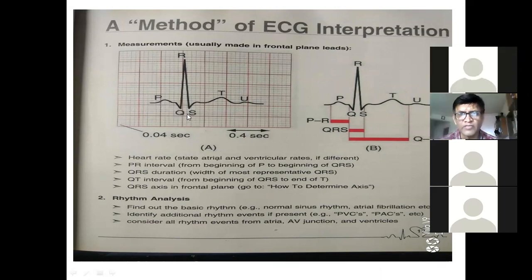The next one which is mentioned is the QRS complex. What is QRS? This distance, can you see? From the beginning of Q. They take it from here only because the Q is the upper part here, and this is the negative deflection, no? So they calculate from here. You can see the reference here.